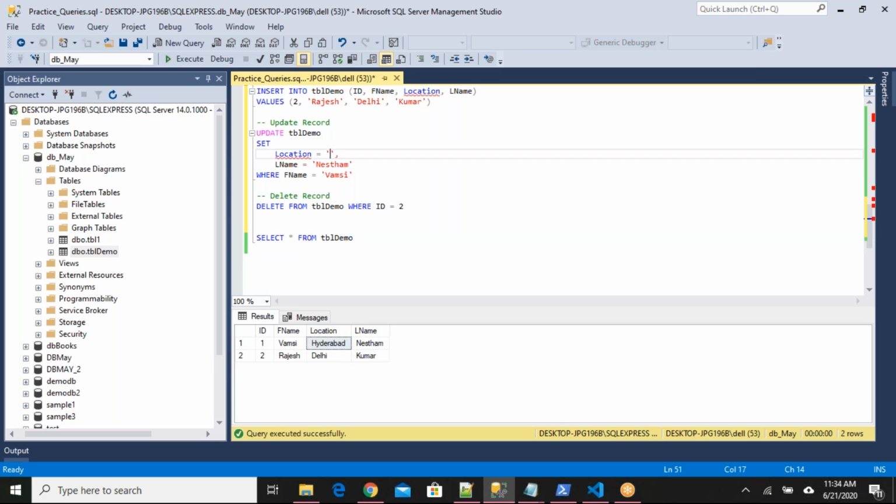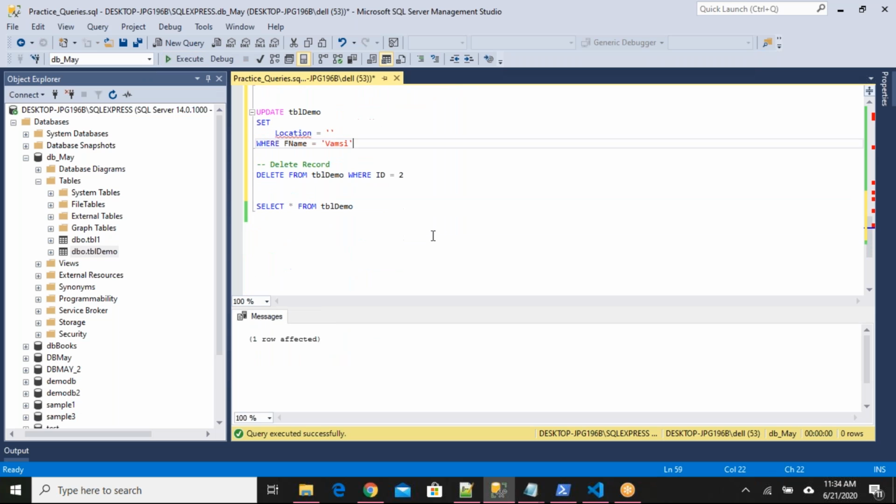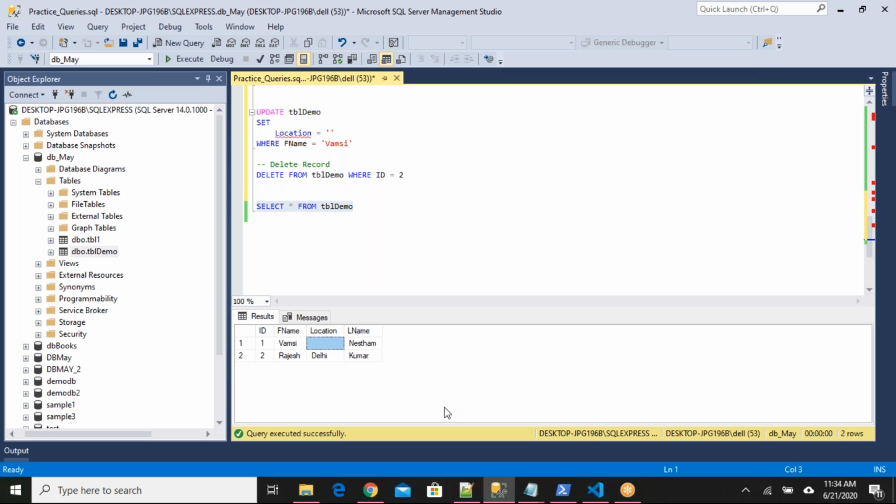Location equals empty quotation marks, and last name I don't want to update, just where first name equals Vamsi. If I run this, see, it's empty now.